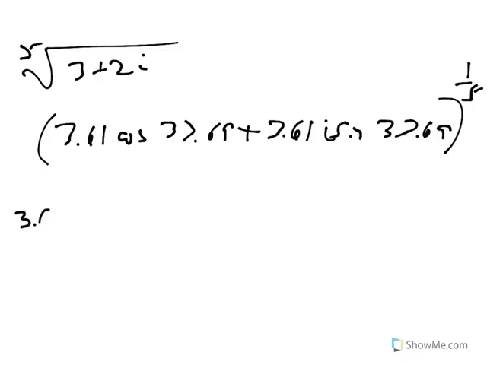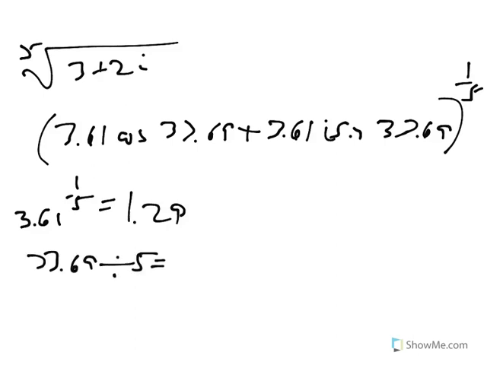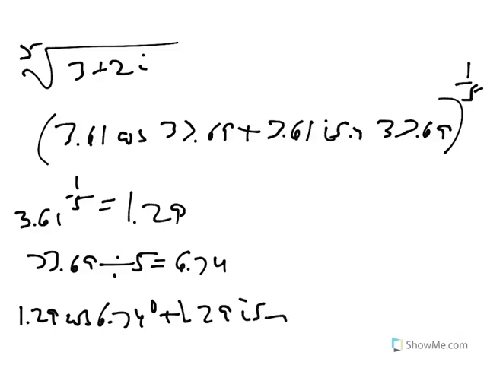I'm going to need 3.61 to the 1/5 power though. I do that on the calculator. I get 1.29, and 33.69 divided by 5 is going to be my angle. That ends up being 6.74. So the answer to the question is 1.29 cosine 6.74 degrees plus 1.29 i sine 6.74 degrees,